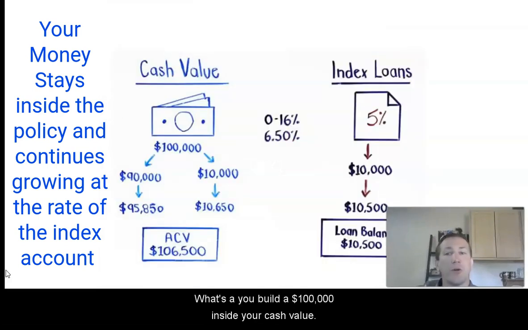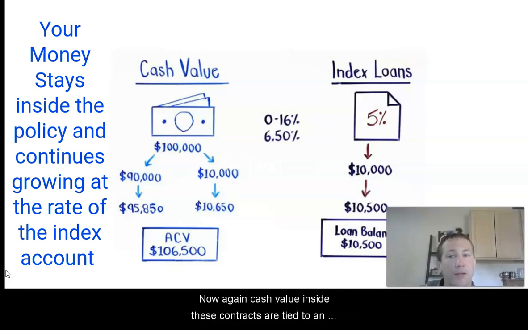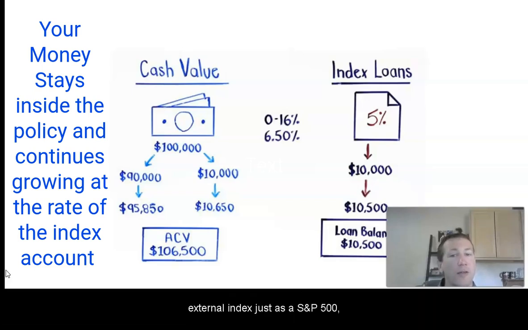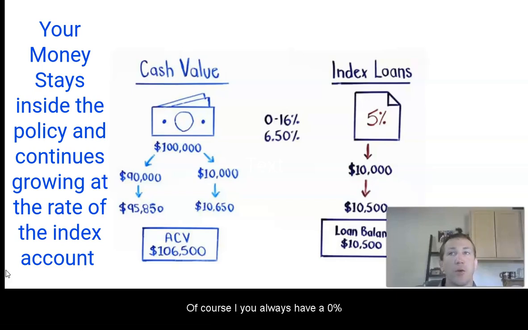So let's say you've built up $100,000 inside your cash value and you want to take out a $10,000 loan. Now again, cash value inside these contracts is tied to an external index such as the S&P 500, PIMCO, NASDAQ, and some IULs do have a fixed account. In this particular situation, we're able to earn up to the cap rate of 16%. And then, of course, IULs have a 0% floor, meaning that they don't lose any money in down years,